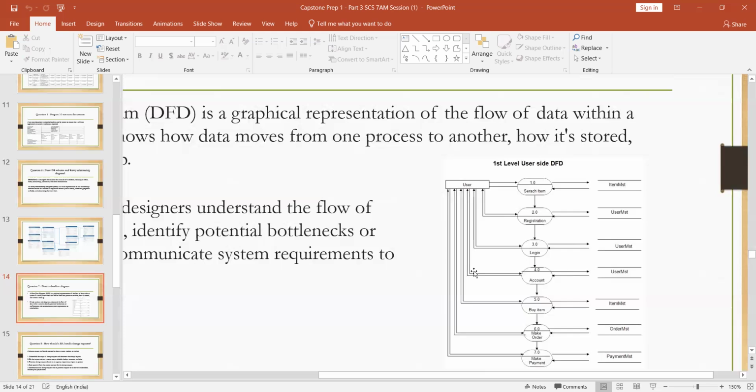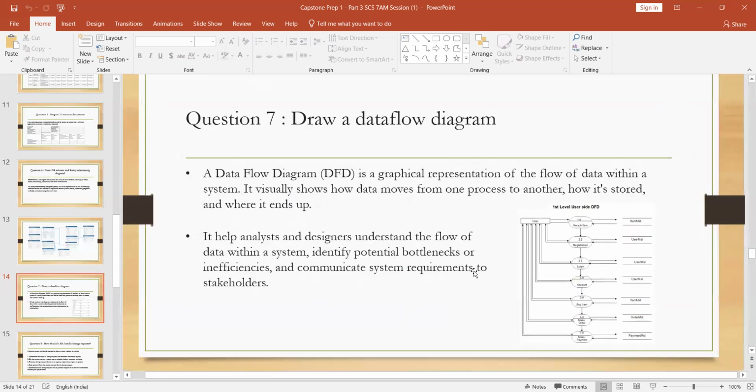Okay, so you need to prepare the data flow diagram here. Okay,